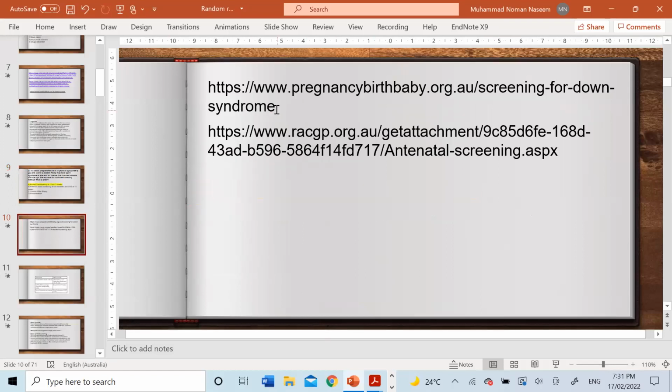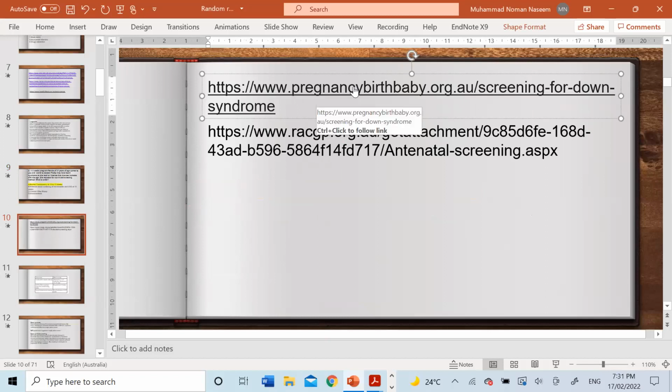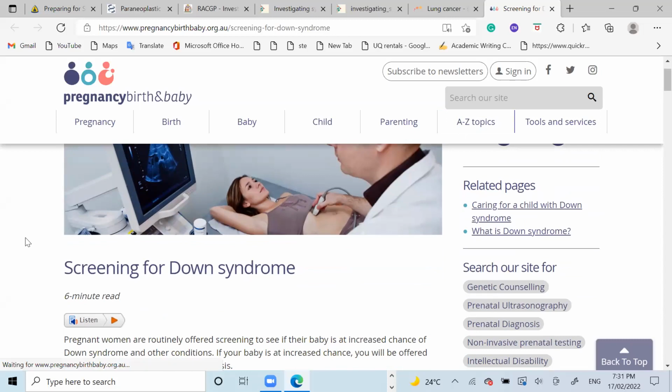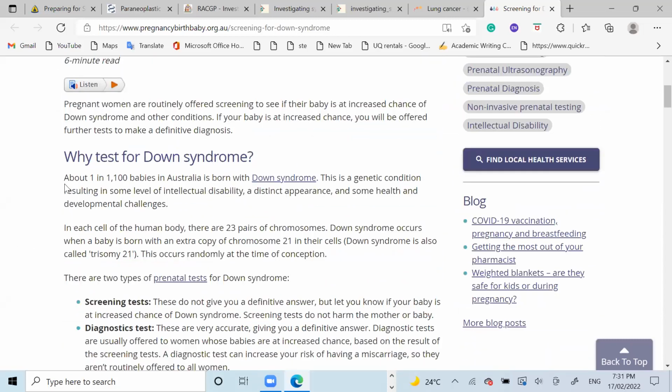Let us go through what kind of screening is done for Down syndrome. All right. So look over here. Why test for Down syndrome? Because its incidence is very high in Australia. 1 in 1100 babies in Australia is born with Down syndrome. So its incidence is high. This is a genetic condition, we know that, and it will have some level of intellectual disability. They have distinctive features. They will have slanting forehead, epicanthic folds,